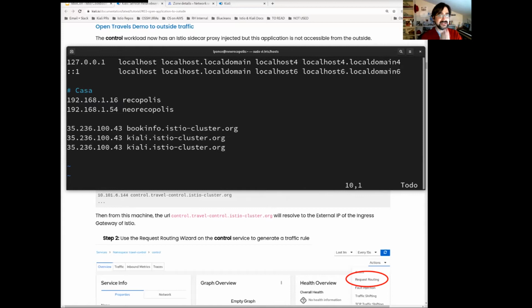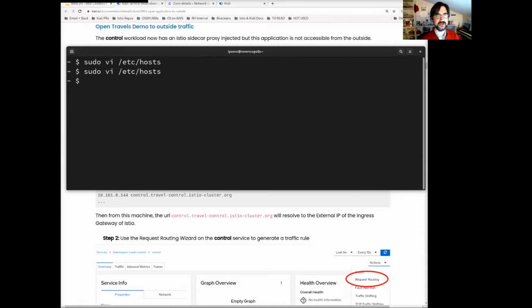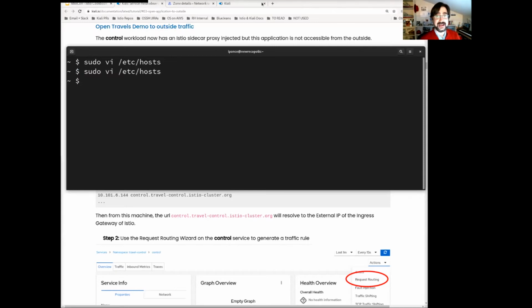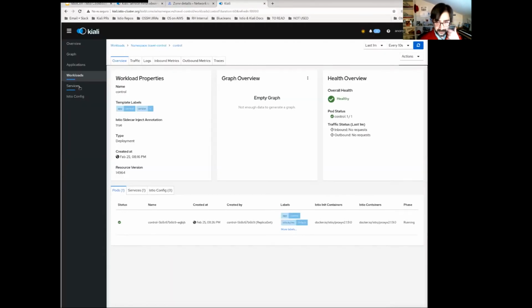Again, we are going to reuse the same ingress IP, because all the traffic enters my cluster through the Istio ingress gateway. This is why we are using the same public IP. But in this case, we are going to change the host. I have my DNS entry, travel control Istio cluster, and if you remember what we need to do now,